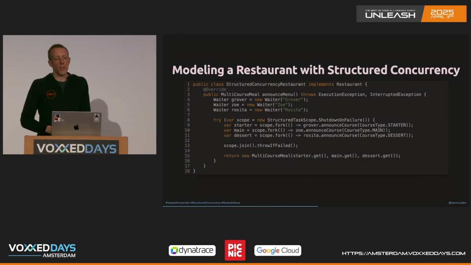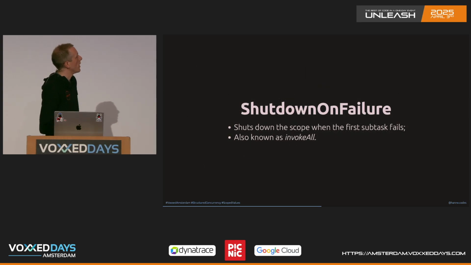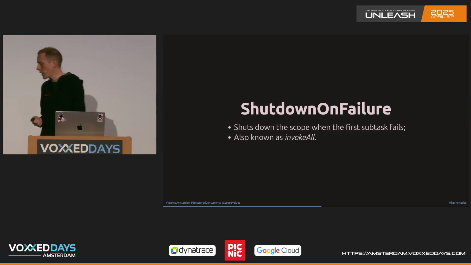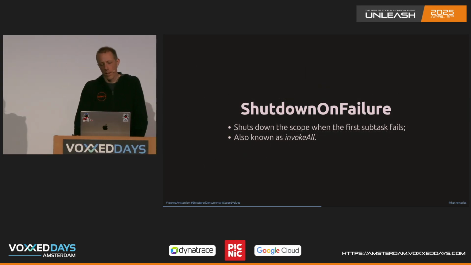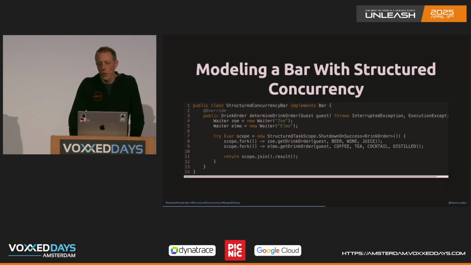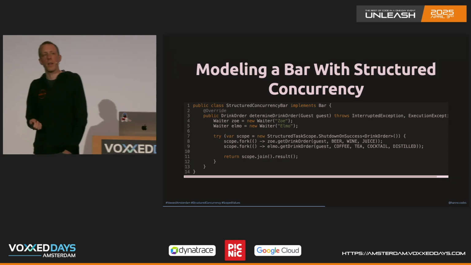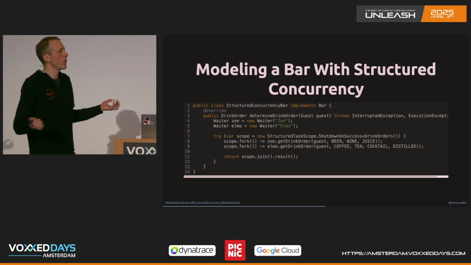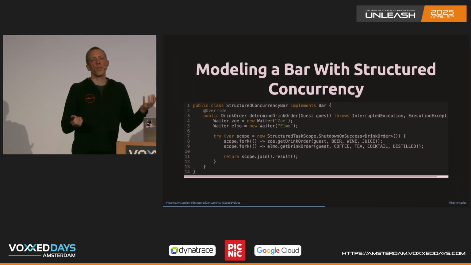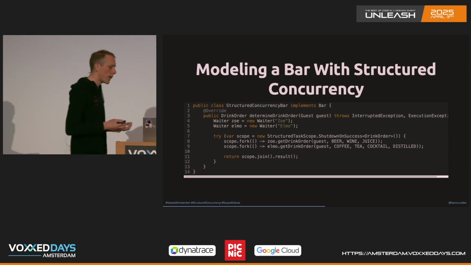Here's the code that we live coded just now. And this is the strategy that we call shutdown on failure. But there's a second strategy that I want to show you, at least on the slides. And this is the implementation of my story at the beginning of the talk. If the waiter lists all these kinds of drinks, but the first match is already successful, why should he continue